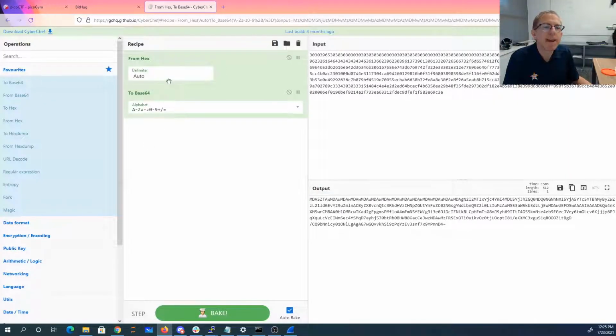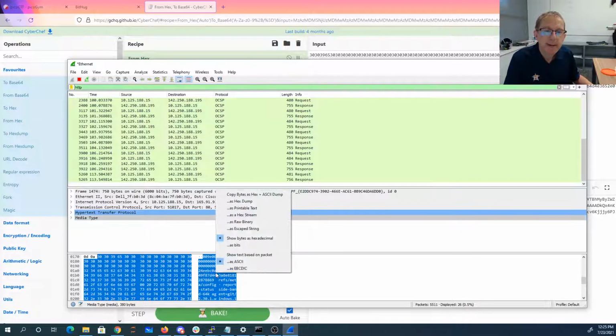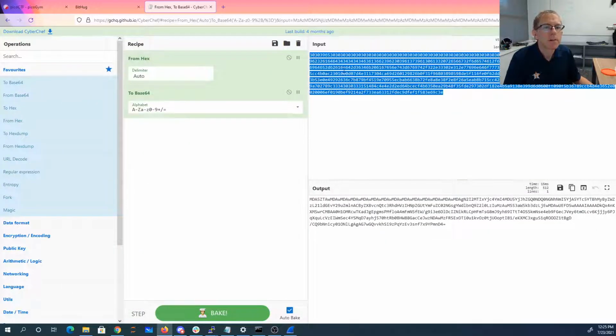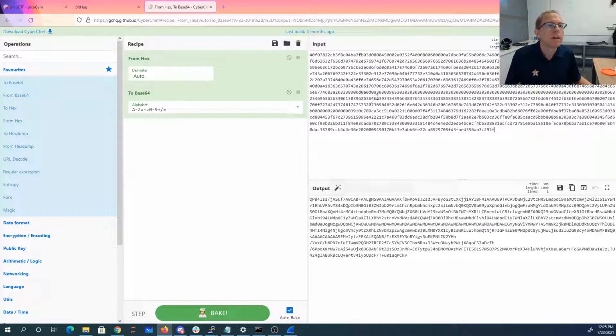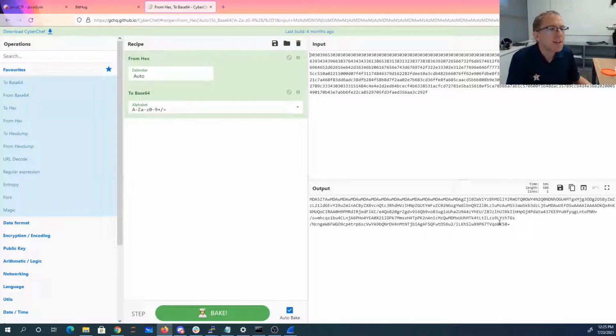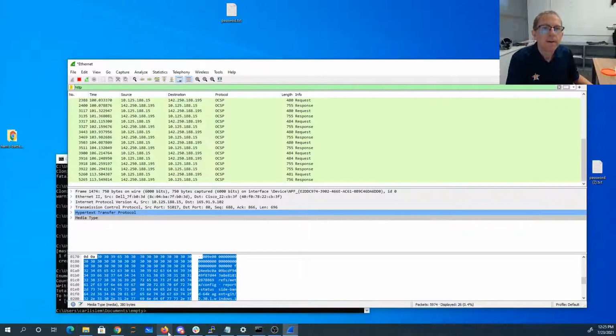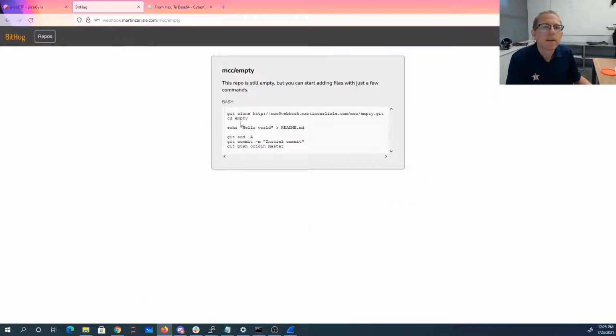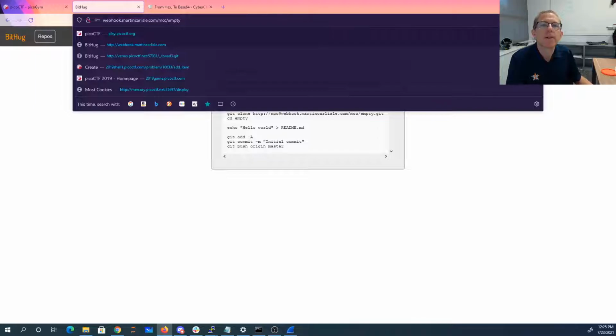I'm going to take in some hex and convert it to base 64. So I'm going to grab this right here. The data I want begins with those 30s. So this base 64 string here is what I need to send to this. So if I go here to this webhook,